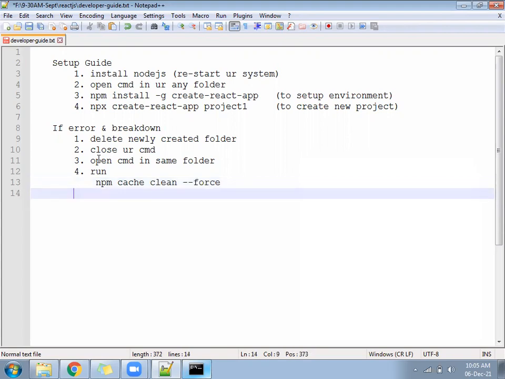And after that, step number 5, follow step number 4 from the setup guide.